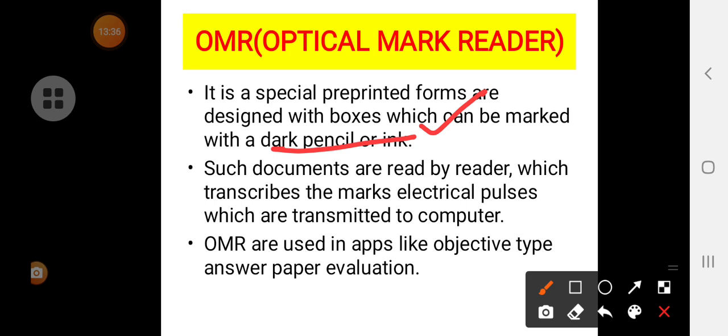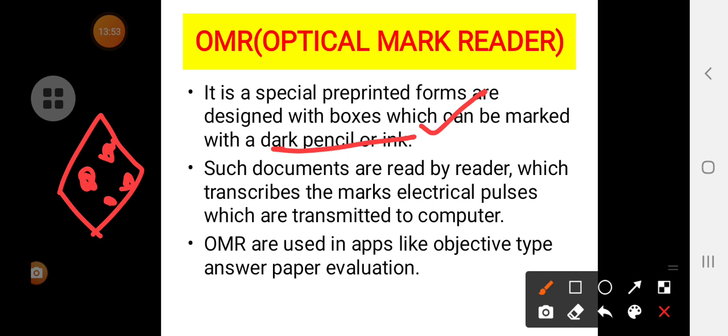Okay, so these OMRs will catch the answers which are actually filled in by the user, either in pencil or in ball pen.